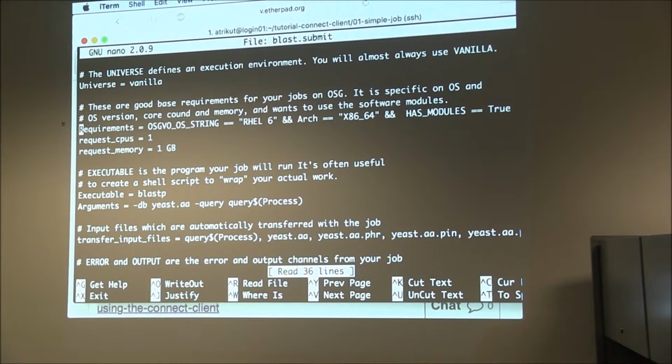There's a line here that lists some requirements that you want from the resources that you ask. Like Martin mentioned, some of the servers actually run Windows. So you might want to specify that you want a specific kind of operating system and architecture. And there are many of these that you can specify, and I'm sure that you can find the OSG documentation or the Condor documentation for how to specify all of these things.